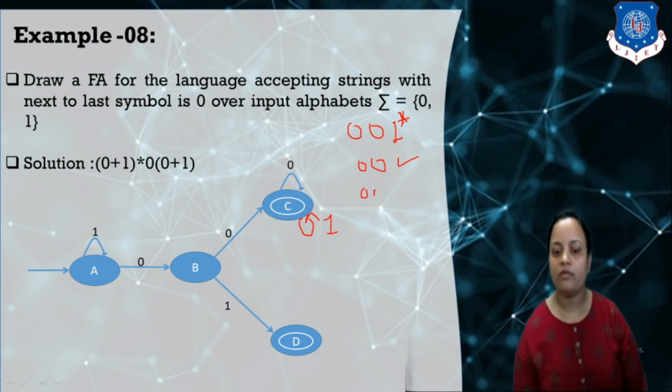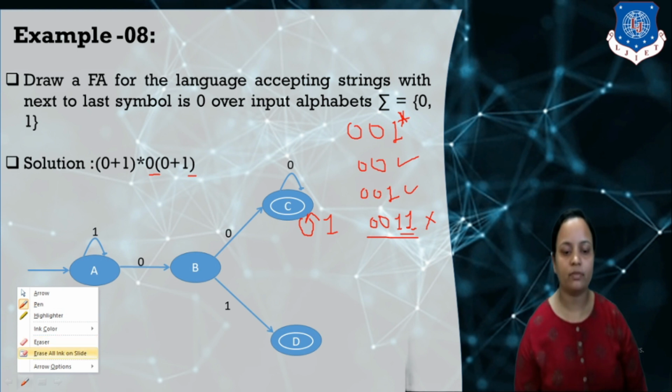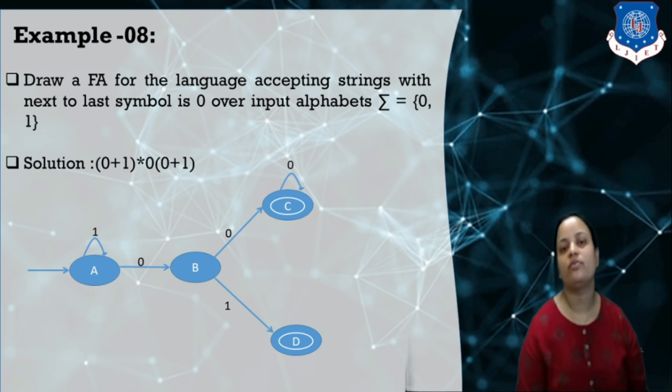Now if star is repeated 1 time, 1 appears 1 time. So 001. Yes, 01 at the end, 01 is allowed, so this string is valid. If star is repeated 2 times, what happens? If you see the string, at the end there are 2 ones, and 2 ones are not allowed. So this accepts an invalid string, which is not allowed because the language does not contain this string. So what are we going to do? We have to choose the second option. Second option means we have to move the transition for input 1 to its previous state.